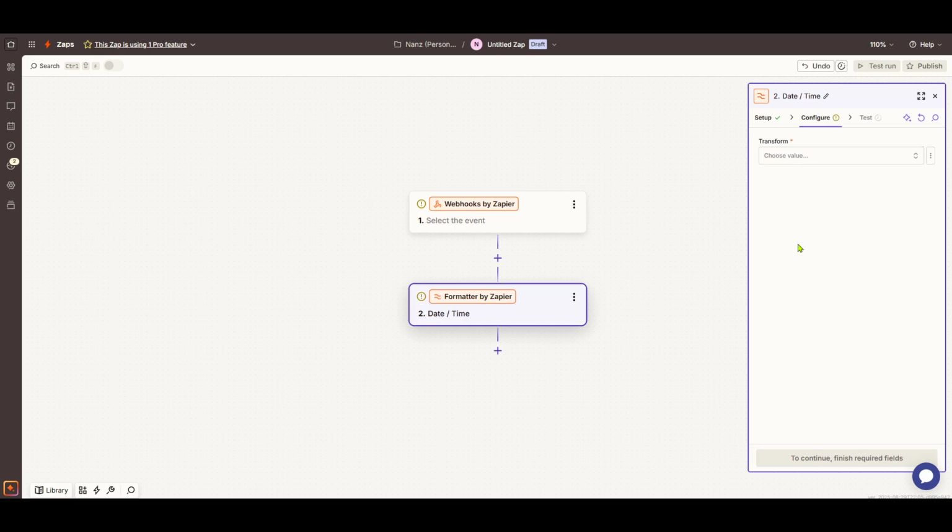in Zapier effortlessly. Remember, automation is all about saving time and reducing manual efforts, so take full advantage of what